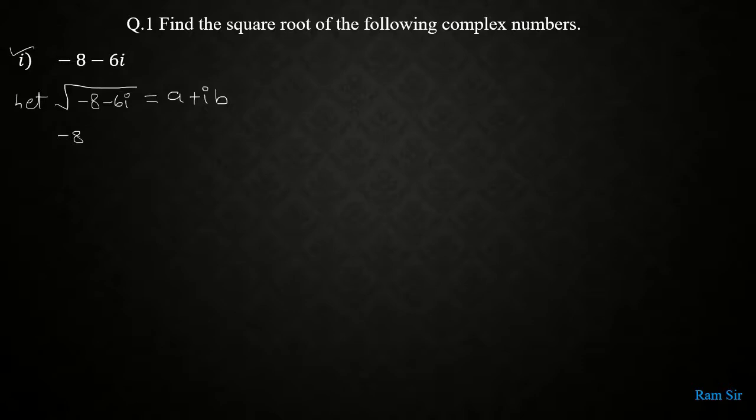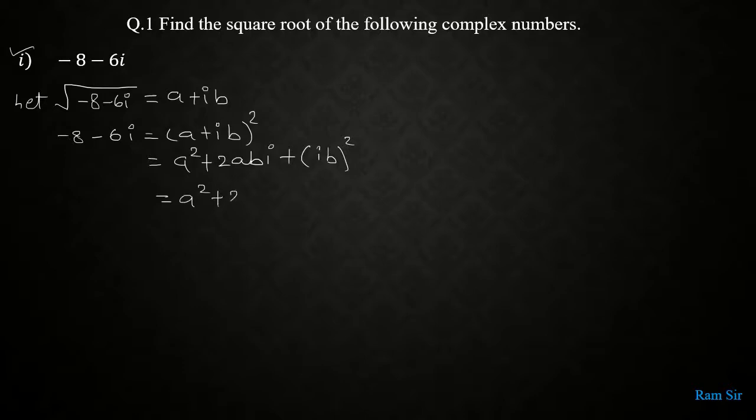So when we do squaring on both sides, it gives you -8 -6i is equal to (a plus ib) the whole square. So left hand side में तो कुछ change नहीं करना है. Right hand side में we will apply the formula of (a plus b) the whole square, which is a square plus 2ab multiplied by plus b का square, but instead of that we have ib the whole square. So next step, we write down a square plus 2ab into i as it is, and i ka square is -1 and b ka square is b square.